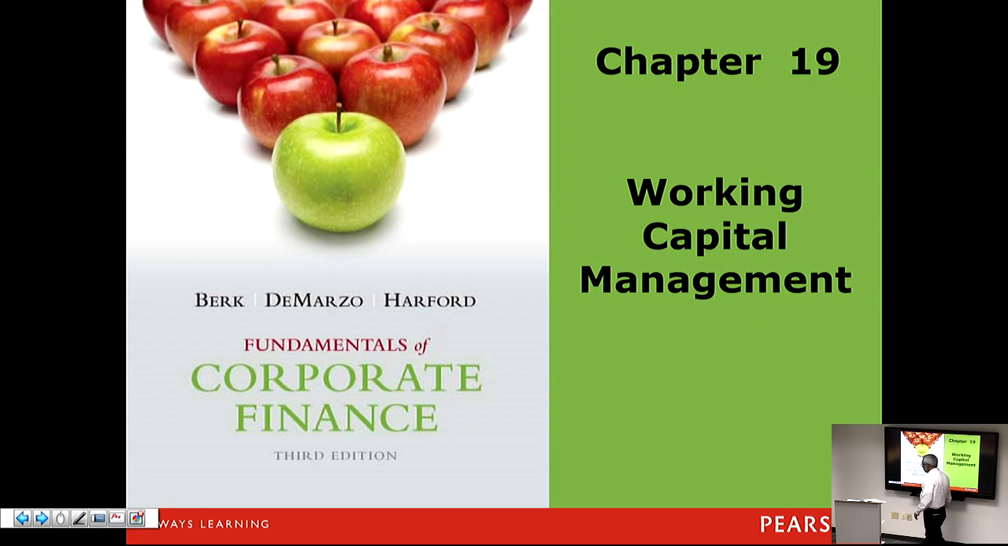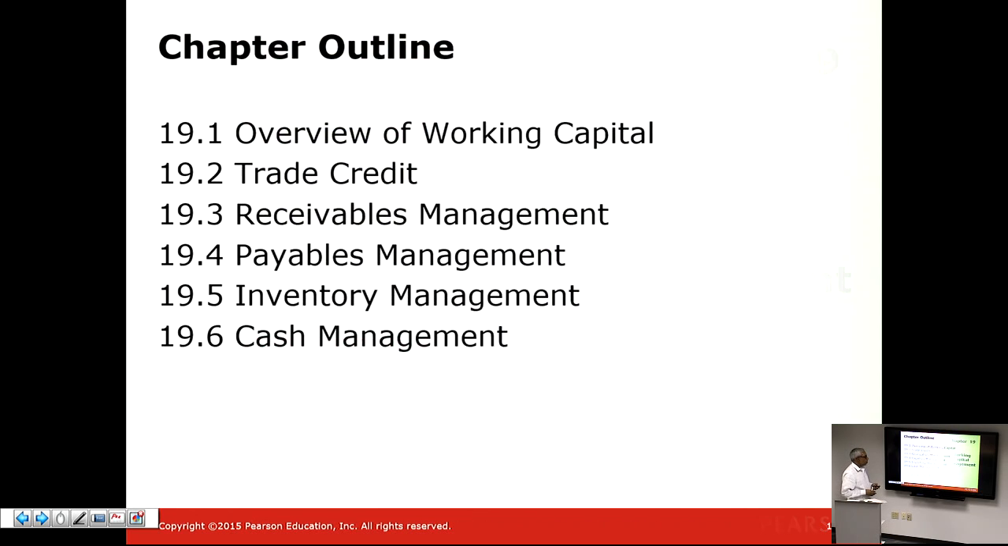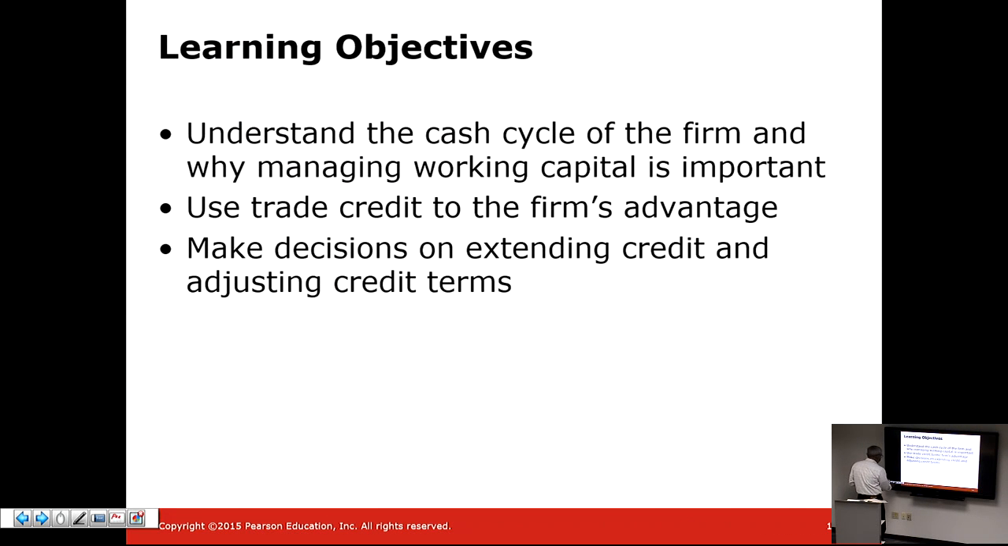Chapter 19, Working Capital Management. And this chapter is about how we manage essentially cash. As you know from the definition of working capital,